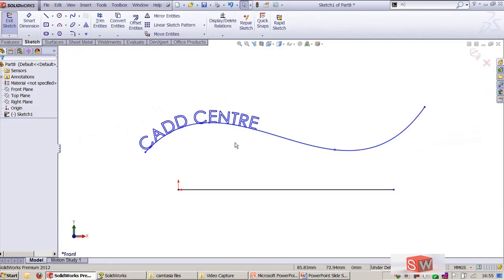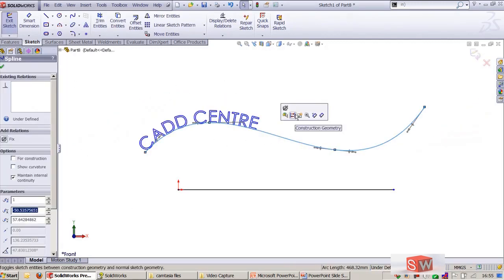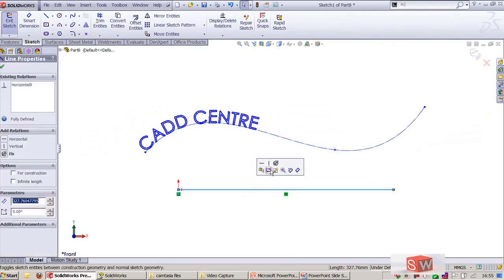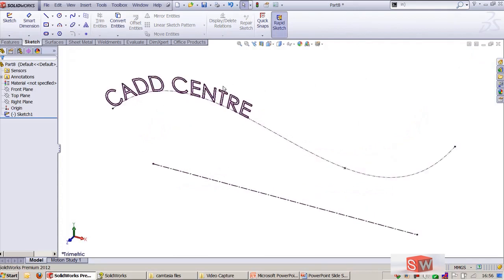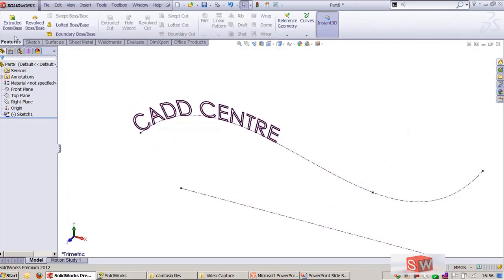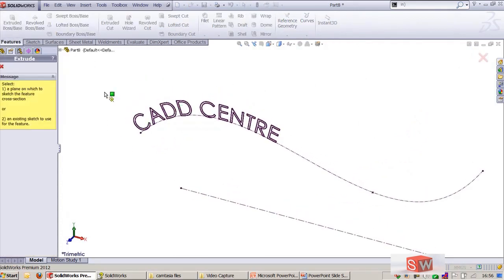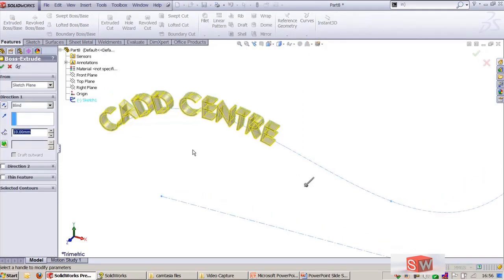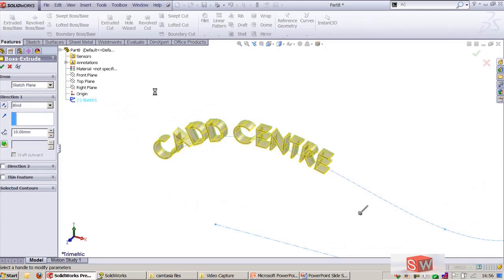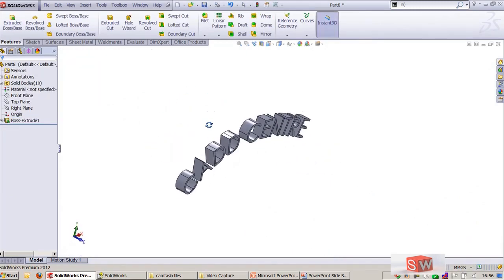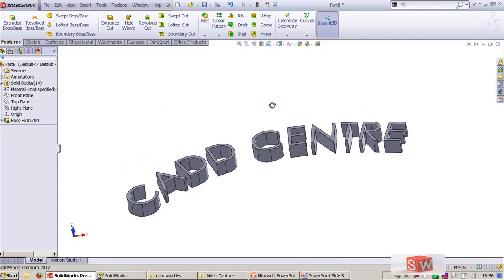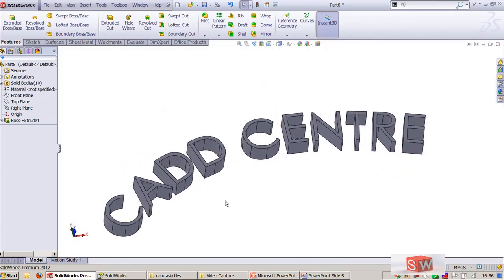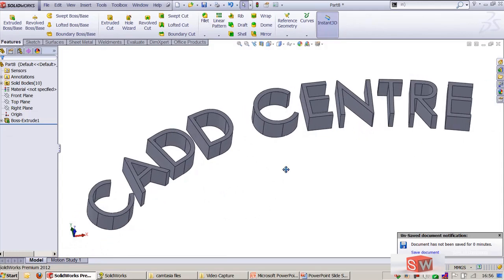Once you complete the sketch, you can use this sketch for the extrude purpose. I will make all this a construction geometry, and this you can use for the extrude, that is feature creation. I can go and say extrude this. You need to select from this feature manager tree, and I can say this sketch has to be added as a material, used for adding material. Now you can see the same text has been converted into a feature by adding material